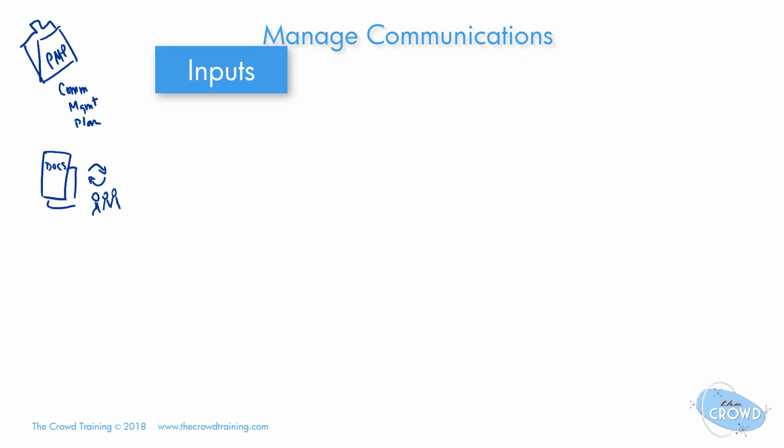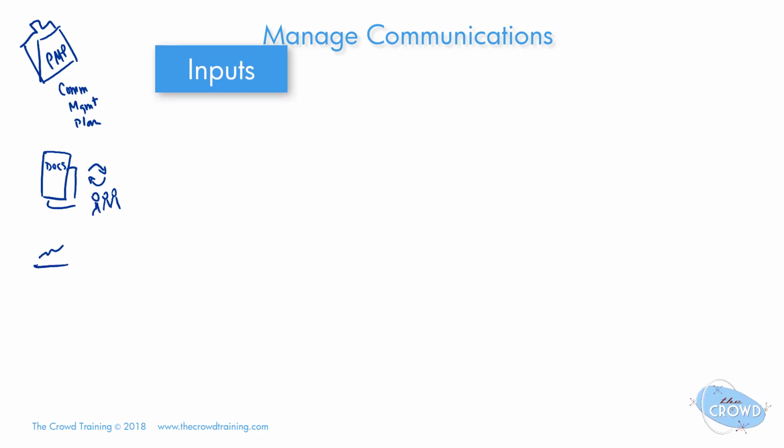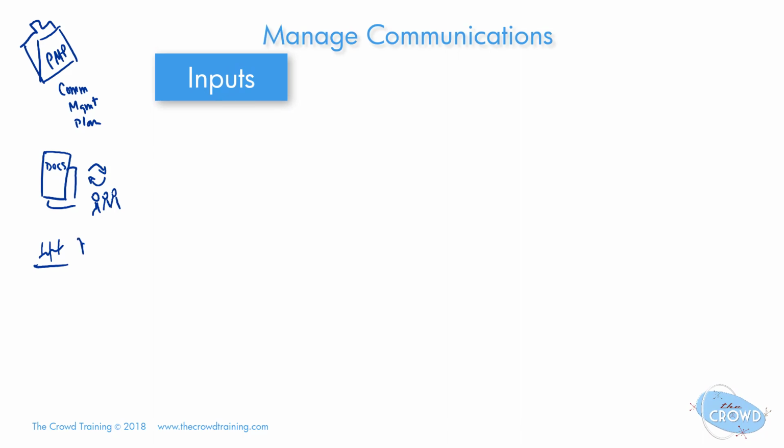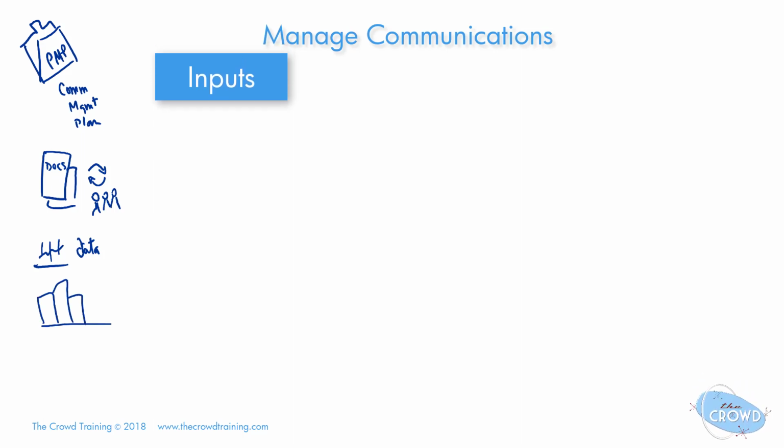That includes the team and the others within our project that hold a stake in the success or failure of the project. Also, the information on how things are going, so that work performance data, and not necessarily the information yet, because we'll have that at the end, but the data that's coming in and how the work is going, things going well, not going well, etc., and how we in our organization or in our project environment are working,